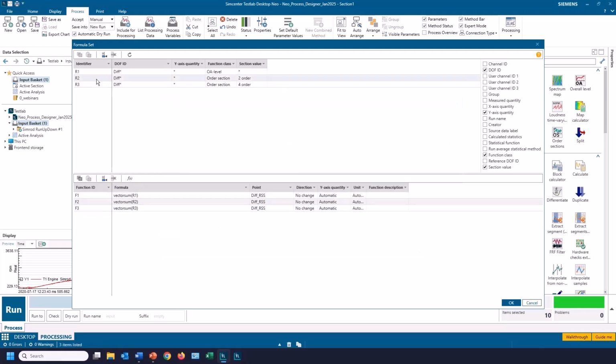What I'm doing here is I'm looking for the channels that start with GIFF. So I have a triax here on a differential. So I'm going to look for all 3 of those for my overall levels, my second orders and my fourth orders. Then I'm going to do the vector sum for each of those. So I don't need to specify the differential XYZ channels separately. I can just find them all with a GIFF asterisk, store them in identifiers R1, R2, R3 for each of the function classes, and then use those in a vector sum formula.